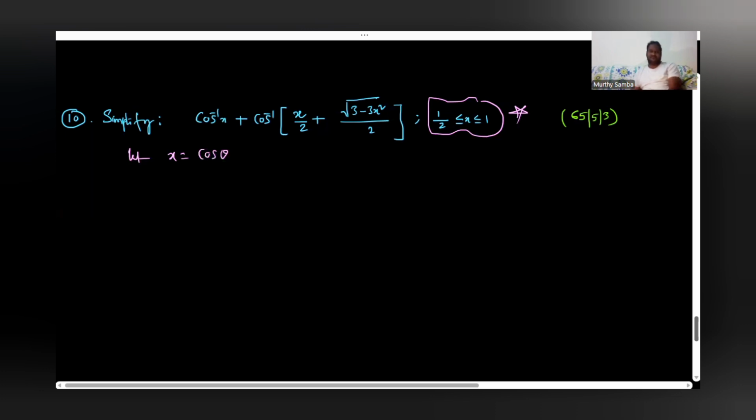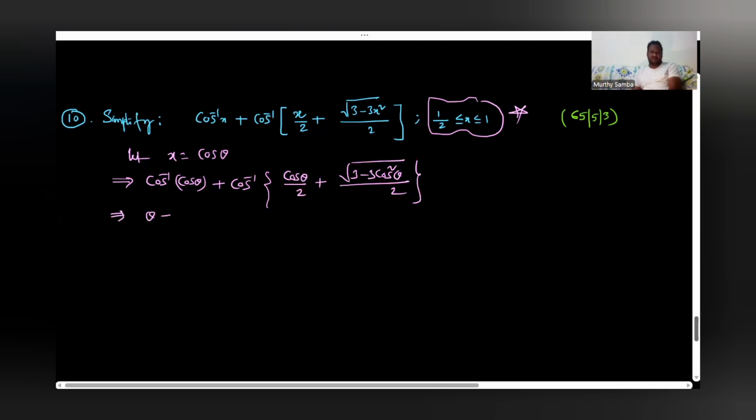When x is equal to cos theta, then it is going to be cos inverse of cos theta plus cos inverse. Now substitute properly. x is equal to cos theta divided by 2 plus root over 3 minus 3 cos square theta whole divided by 2. Right? So then cos inverse of cos theta is going to be theta